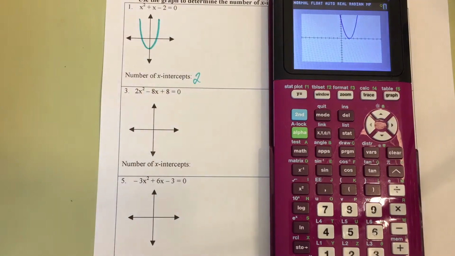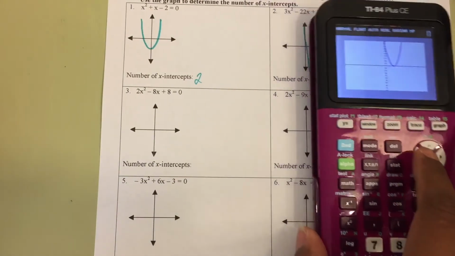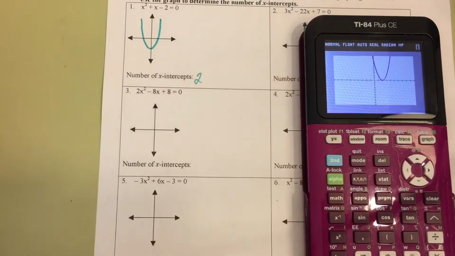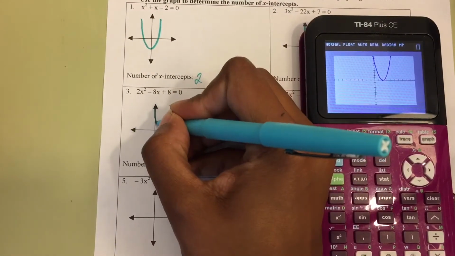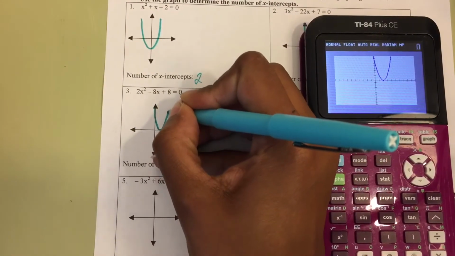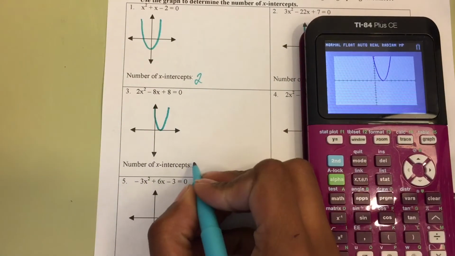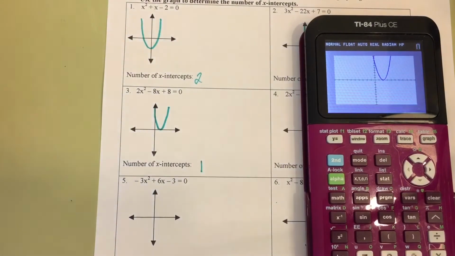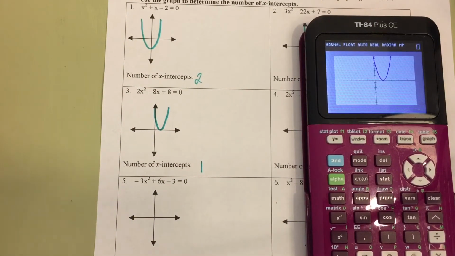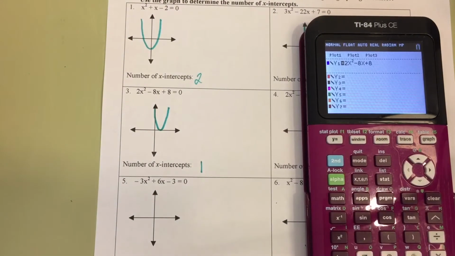Now again, when I ask you to sketch, I'm not asking it to be super perfect. Like you don't have to put all the points, but be careful on this one. If you notice on this graph, we're going to start up here, and then it just goes right there and then back up. So the number of x-intercepts on this graph is actually just 1. So you do need to make sure you're a little more accurate. Don't make it go all the way through the x-axis because that's what makes it have 2 x-intercepts, and this one doesn't. And then 5, negative 3x squared